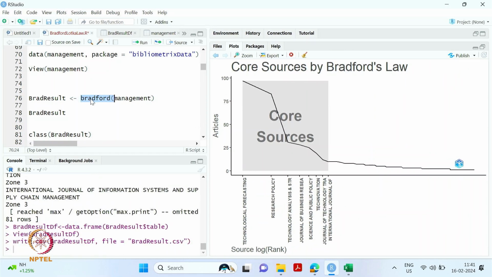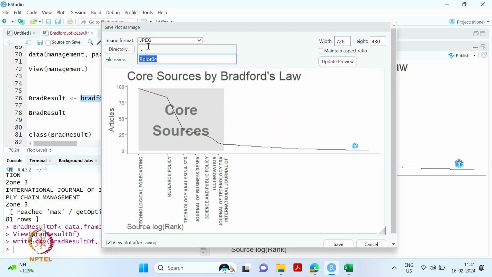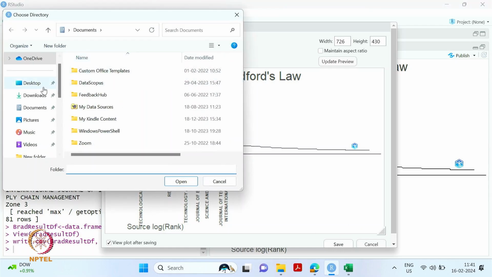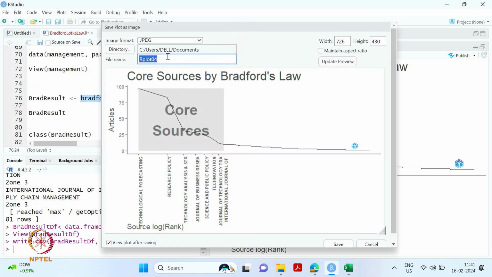Okay, so we will understand a bit about this code, because if you see here, this Bradford function just generated this graph. Okay, and in one way you can just simply export this graph, save as image, or this rplot04, and say for example I name it as Bradford. Okay,